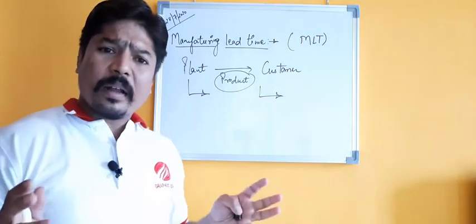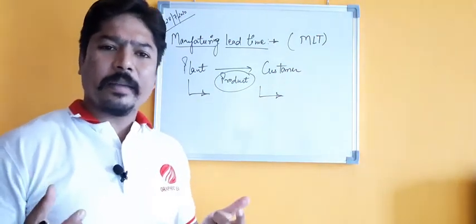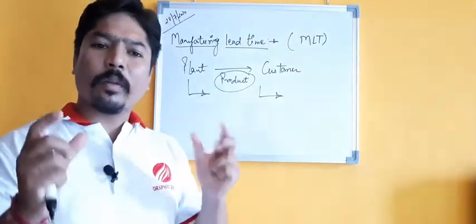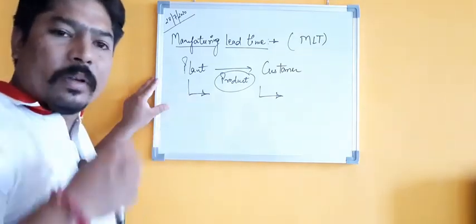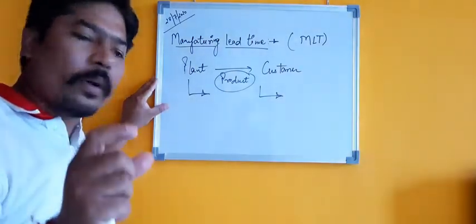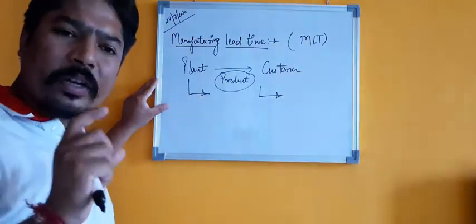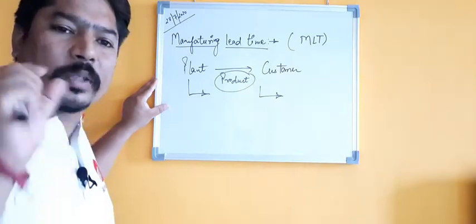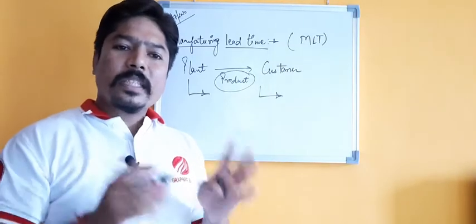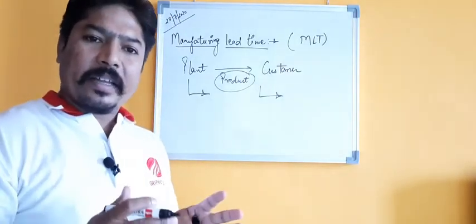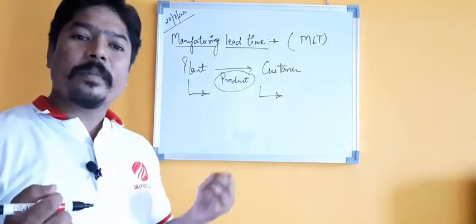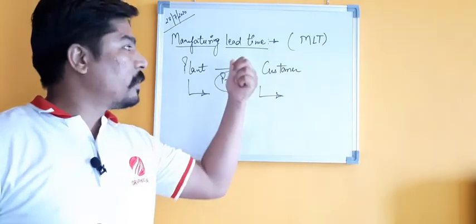But before calculating the manufacturing lead time, you have to understand the different processes through which that particular component or product is going to pass. In a company or in a factory or in any production system, a component or a part or a product goes through a different set of procedures or manufacturing operations or processes. If we are going to categorize these particular processes or manufacturing operations in a factory, they may be of different types. So first you have to understand what these manufacturing processes are,